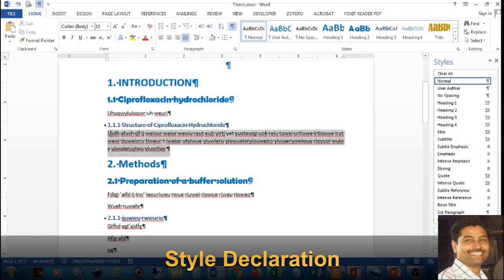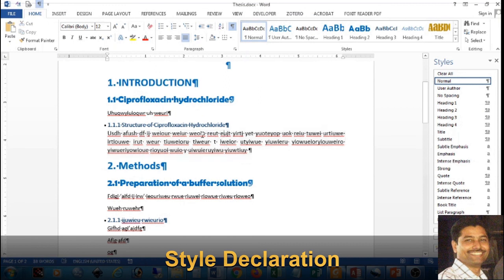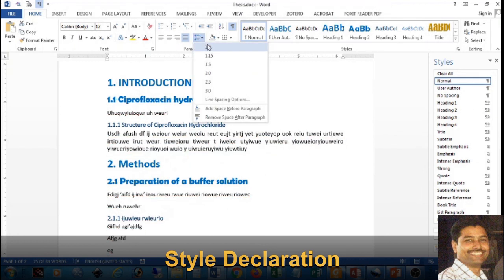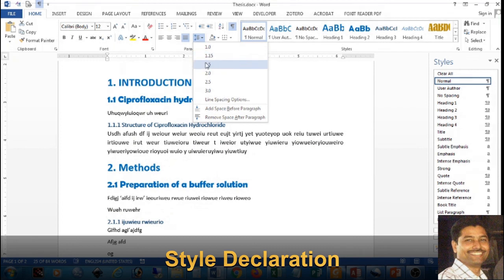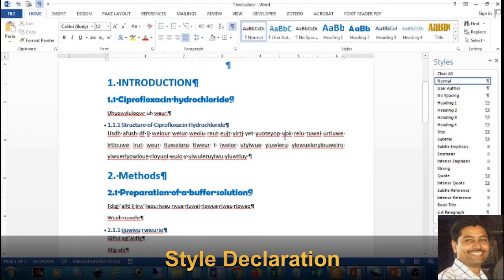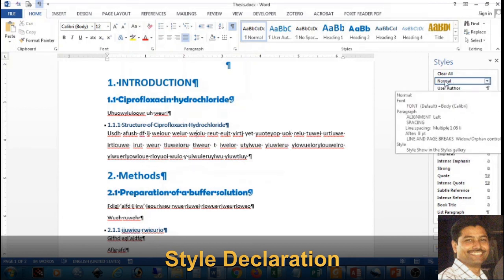Second, let us increase its size from 11 to 12. Now another thing you can do, you can increase the line gap. Presently it is 1, this is 1.15, this is 1.5. Let us put it as 1.5. Now whenever we are satisfied, give a click on this paragraph, and instead of placing it in normal,